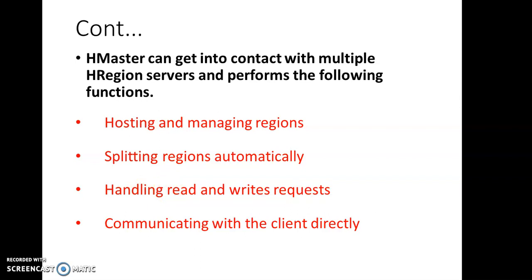If any region server receives a request, it handles all read and write requests. The final function is communicating with the client directly, without any help from HMaster or ZooKeeper.